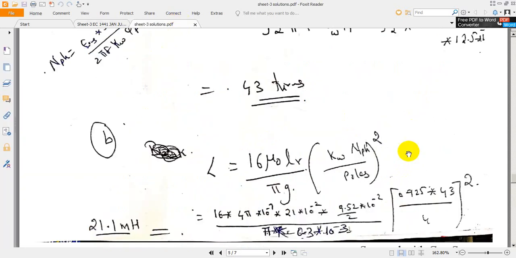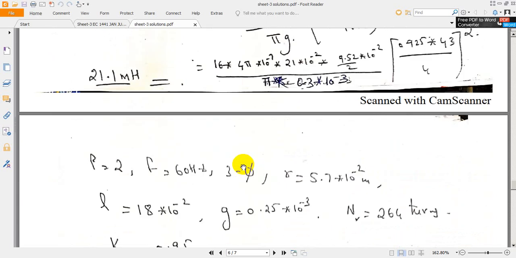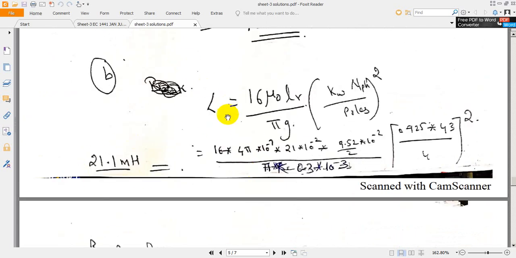Self inductance of the armature, this is the formula. L is equal to 16 mu naught length into rotor radius, divided by pi g, into (k_w N phase by P) the whole square. What we need to calculate? We need to calculate the inductance, this value L. Substitute the value, 16 mu naught 4 pi into 10 to the power of minus 7 into length 21 into 10 to the power of minus 2, radius 9.52 by 2 into 10 to the power of minus 3. 9.52 is the diameter, we are converting into radius, divided by pi,